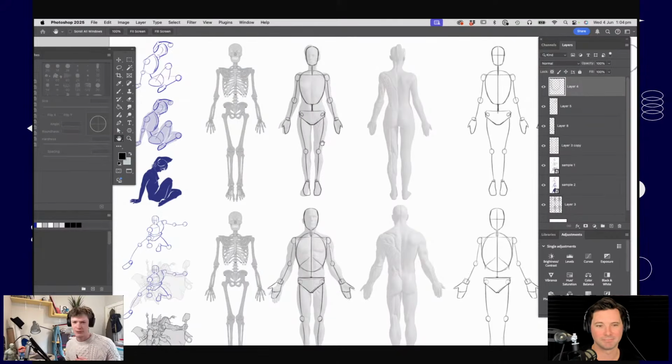So today I'm going to start off with a really simple approach. You can get really deep into studying anatomy and how the muscles all fit together and what all the names of the muscle groups are, but we're going to start really simple. We're just going to start with a stick figure basis, and I'm going to show you some of the ways to think about building up your approach to figure drawing.